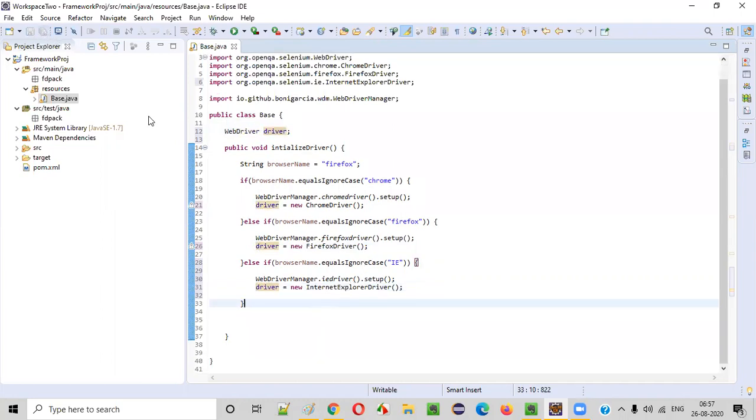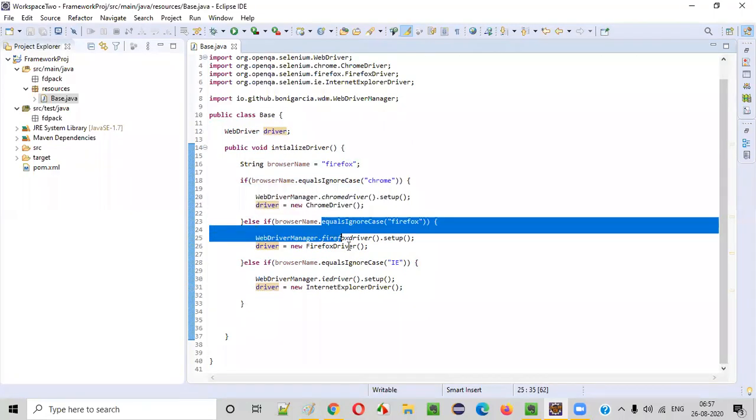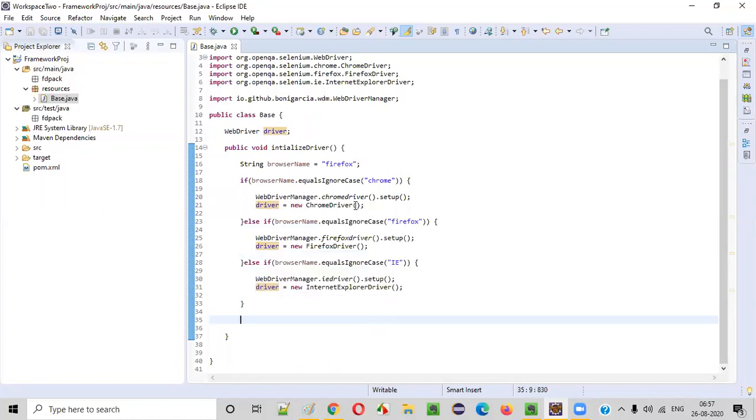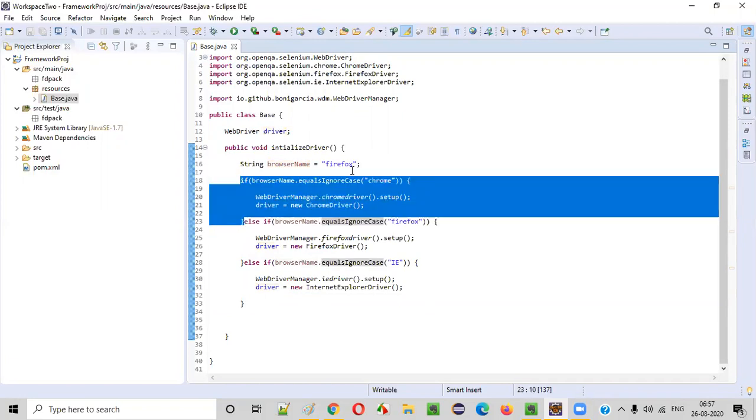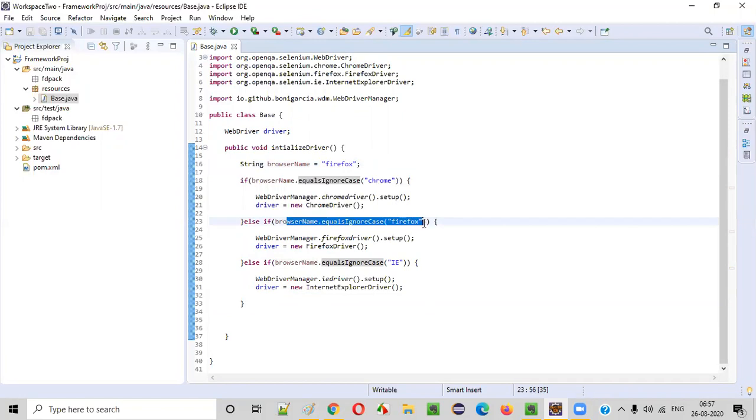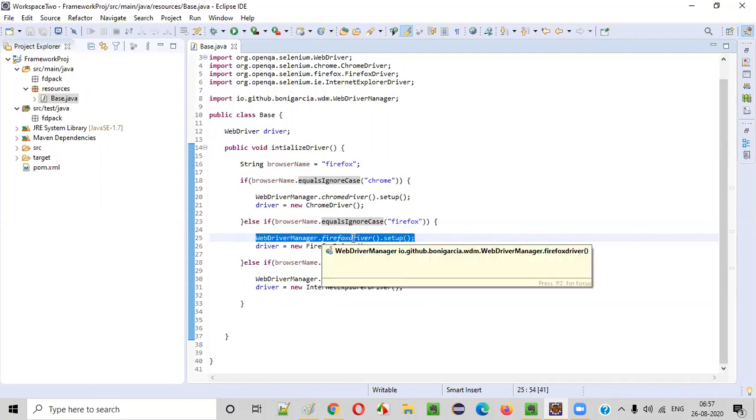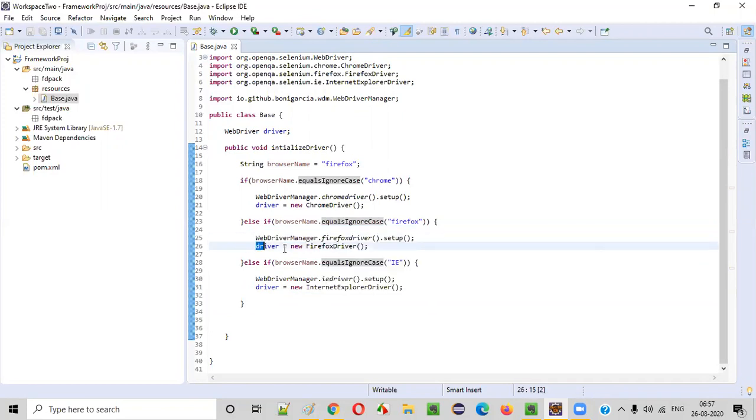Fine. Now, based on the given browser name, we are able to initiate it. Here, if you give Firefox, Firefox is not equal to Chrome, so this will not be executed. Firefox equal to Firefox, true. So it will go inside this else if block, WebDriver manager will set up this Firefox driver, and then driver is equal to new Firefox driver.